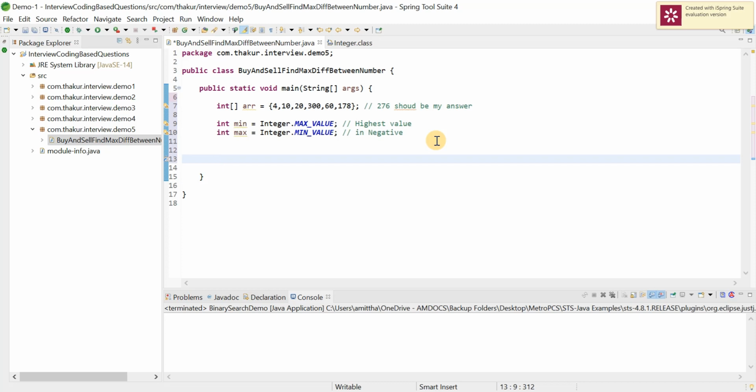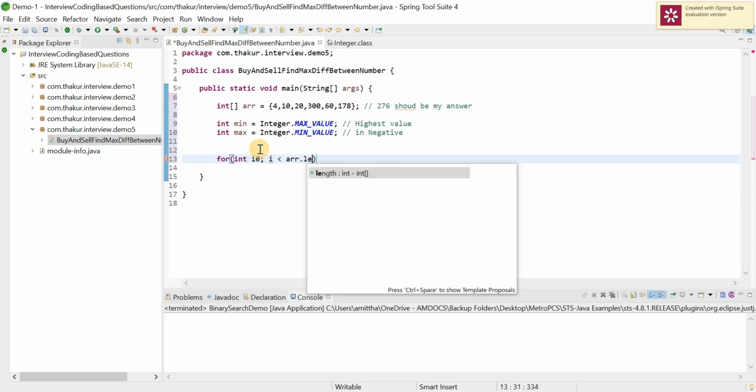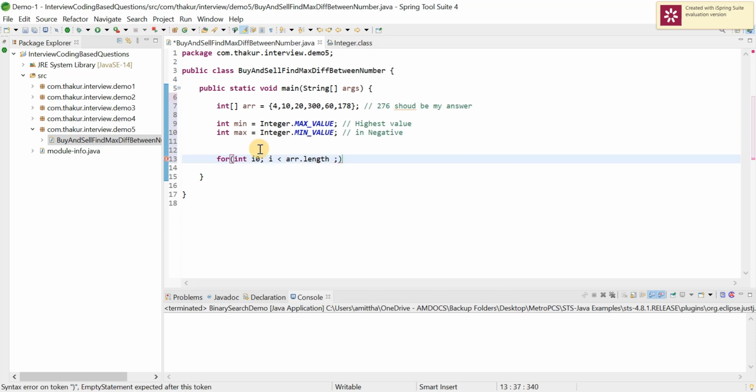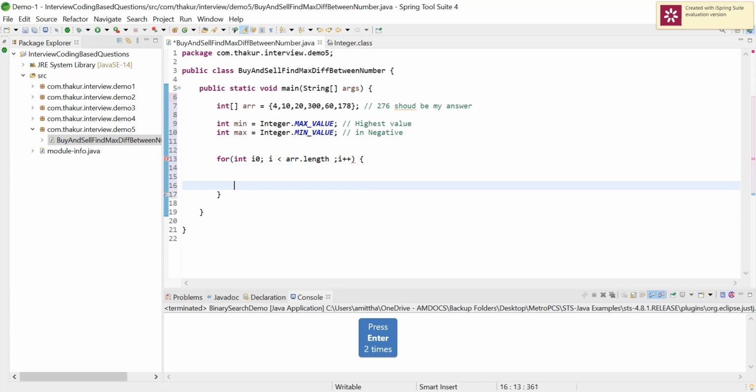Here I will put the loop: for int i equal to 0, i less than array.length, i plus plus. Here I will put a simple condition.